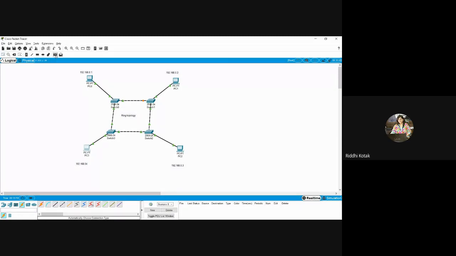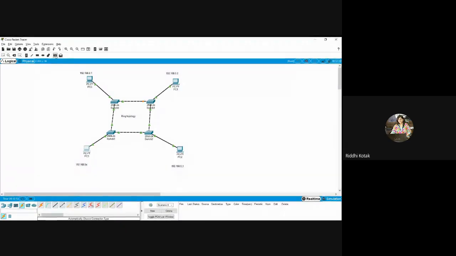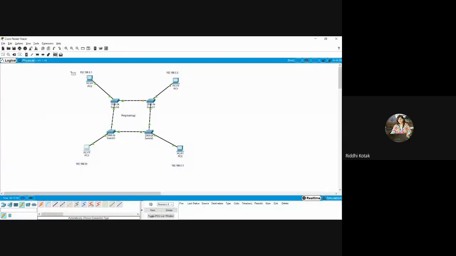Like if you just have to click on this, it's a kind of notification PDU. Now you will get this kind of message envelope. You have to click on one PC and you click on another PC. Now at this below part you get successful. If you are getting successful, that means your topology is configured properly in a network.